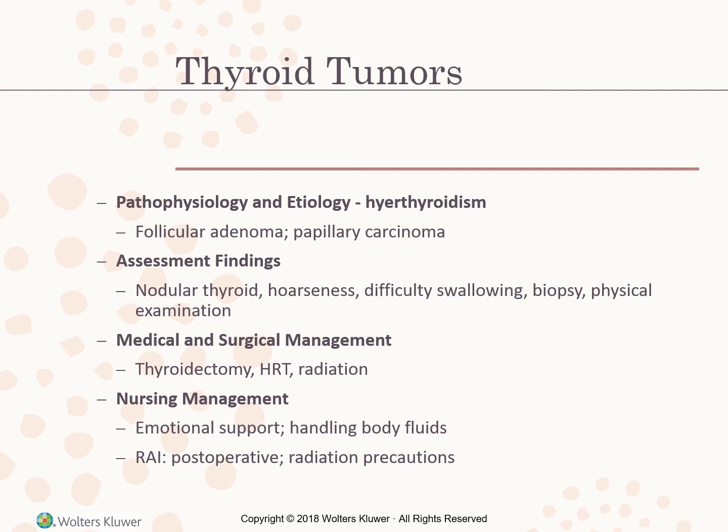In assessing somebody with a thyroid tumor, symptoms tend to be kind of vague, and the patient may be unaware of the lesion. Usually a routine physical examination will reveal a nodular thyroid. As the tumor gets bigger, the patient will often notice a swelling in their neck. Benign tumors will cause symptoms of hyperthyroidism in some clients, and malignant tumors can cause voice changes, hoarseness, and difficulty swallowing. Biopsy of the lesion will confirm the diagnosis, and thyroid cancer is suspected when the gland is firm and palpable, and results of the RAI studies show poor concentrations in the suspect area.